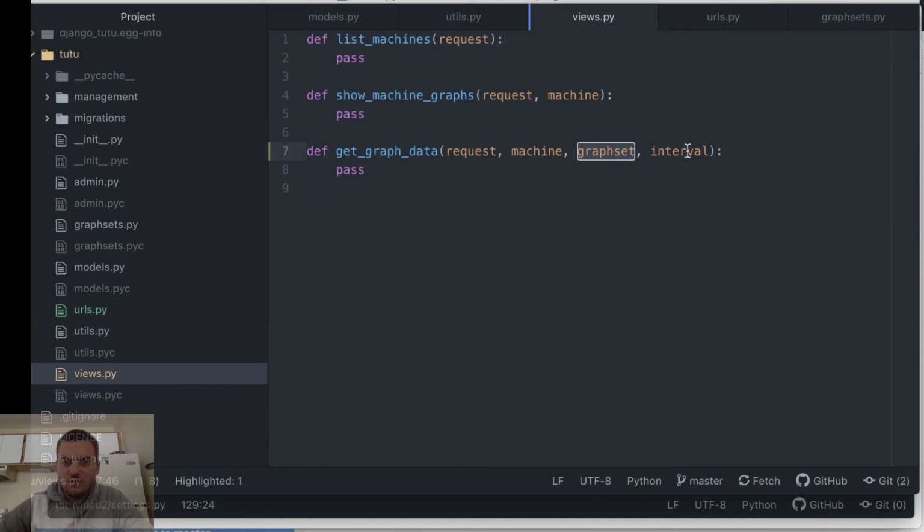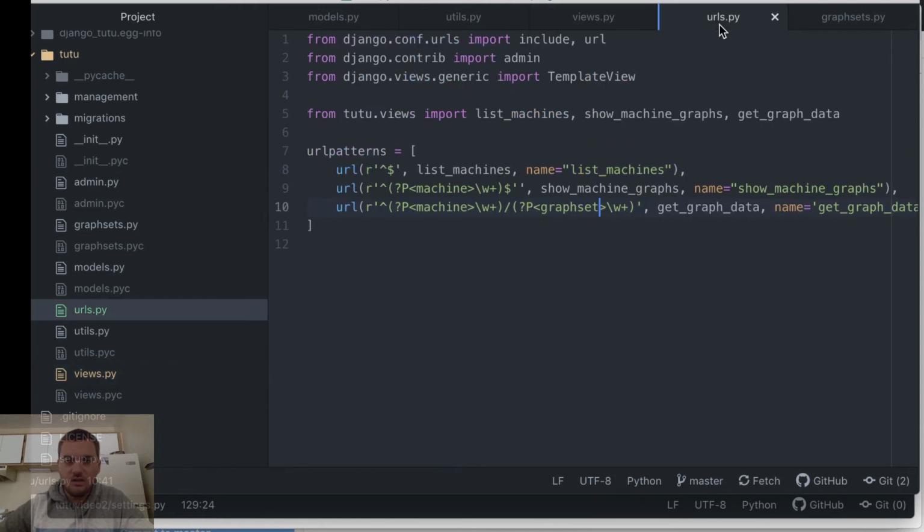And then we have interval, but we're going to remove this because the actual graph is going to be generated on the server in the browser, and so we're not going to restrict it to an interval, at least not to start with. Maybe later on we'll add that back, but for now I'm just going to take it off. And yeah, so now I need to